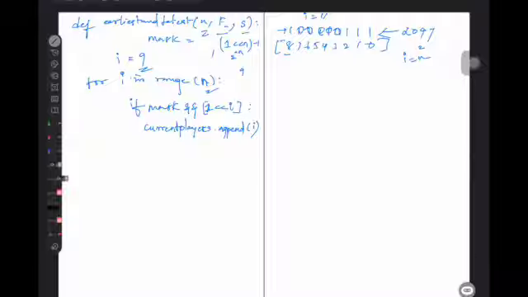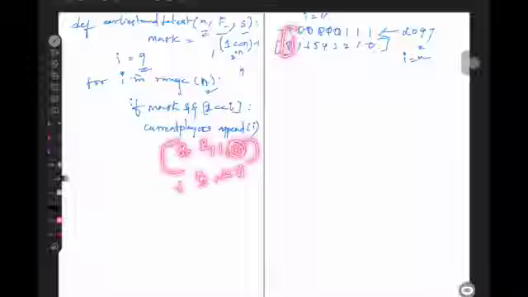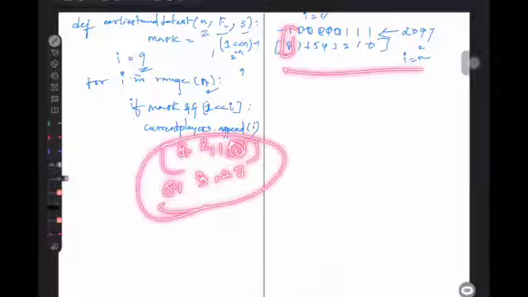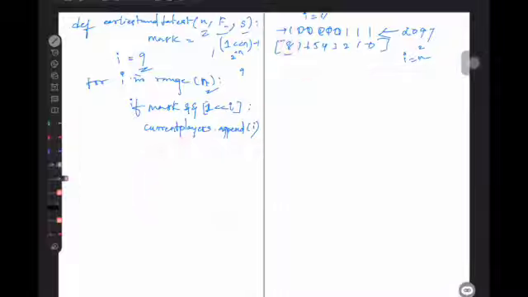So when I equals 8 comes, this bit is set, so I'll be appending the 8th player, second player, first player, and 0th player. So the 0th player means 1, 2 means 3, and 8. All this will be in 0-based index.